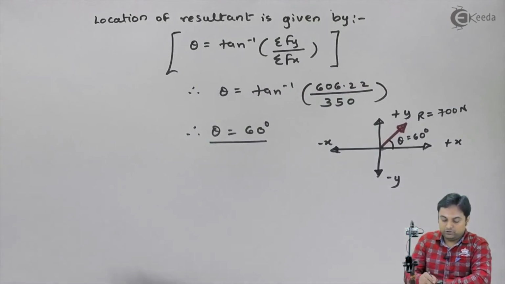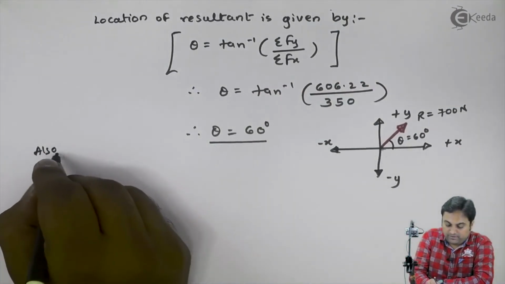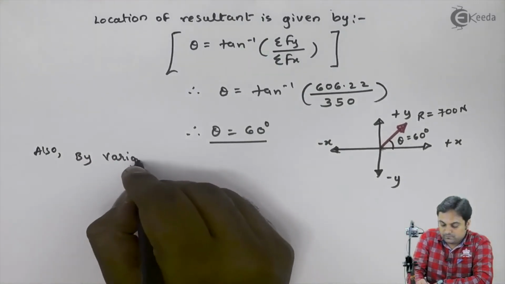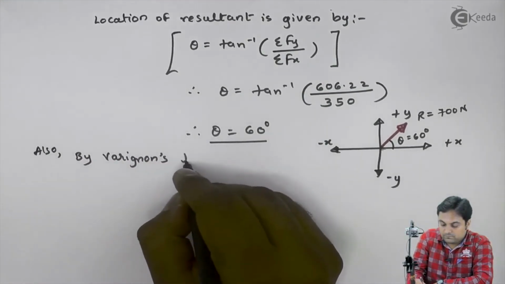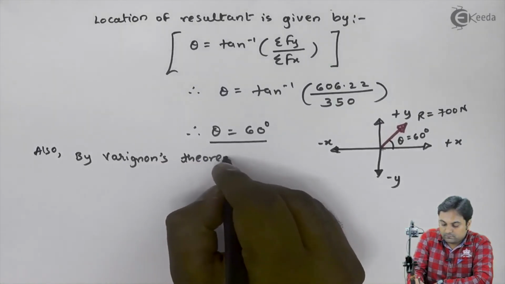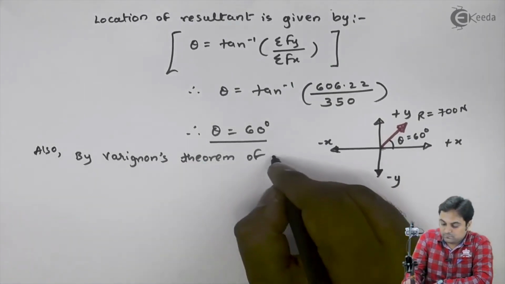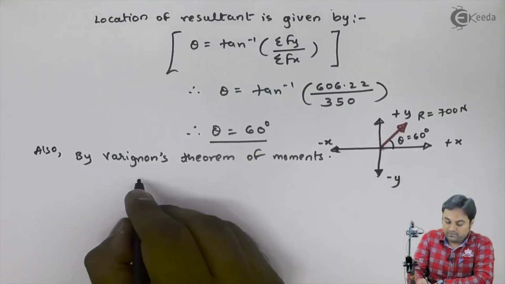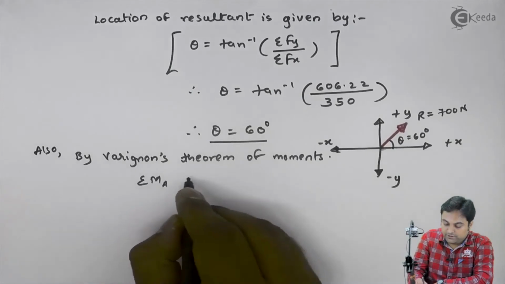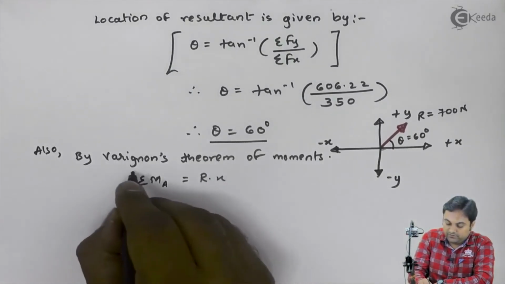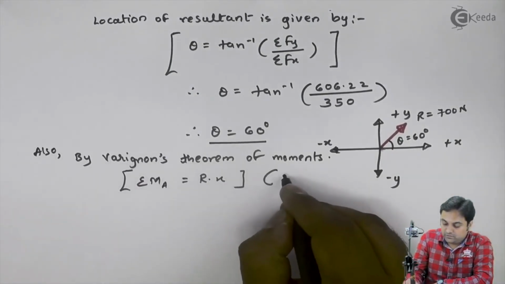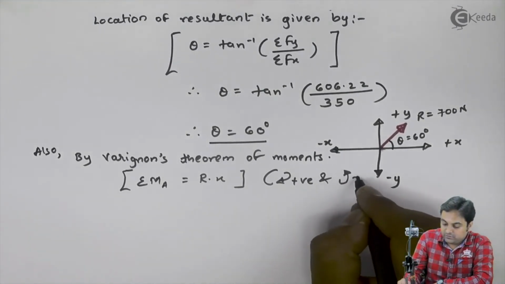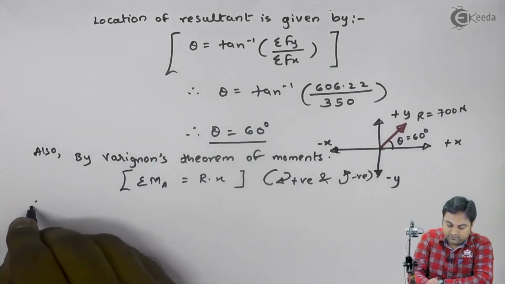I can write down also by Varignon's theorem of moments. Summation of moments about point A is equal to the moment of resultant, where clockwise moment is considered positive and anti-clockwise moment is taken as negative. Therefore,